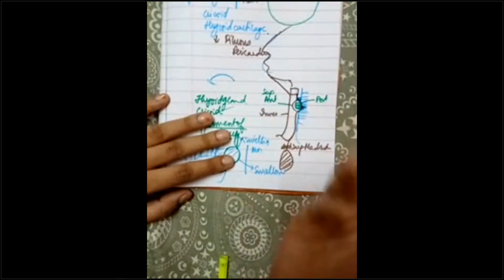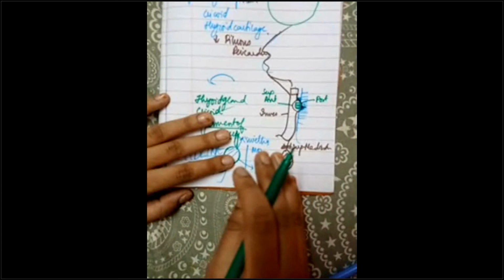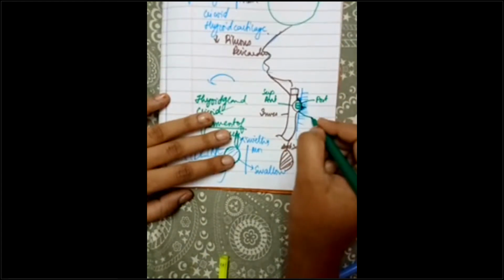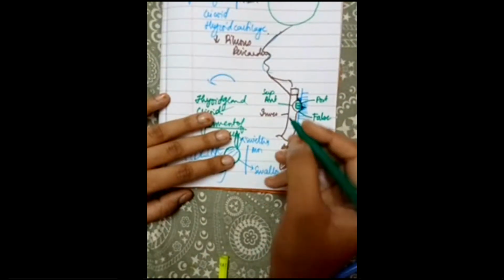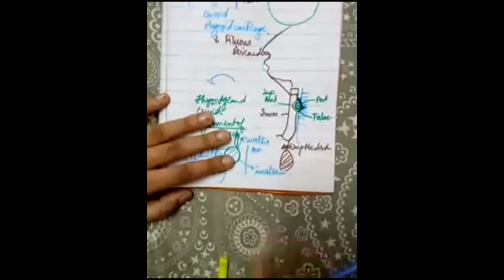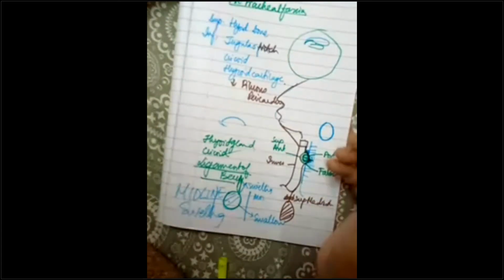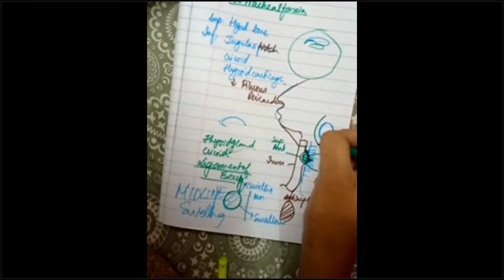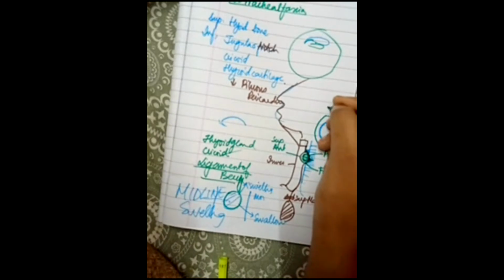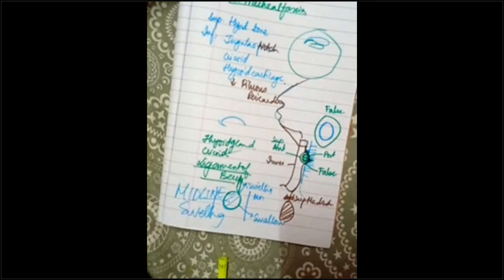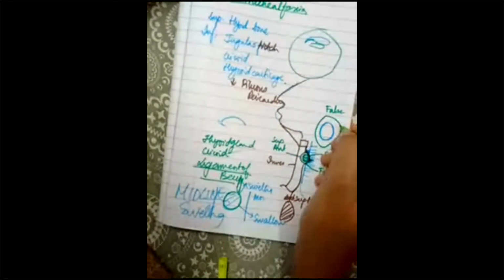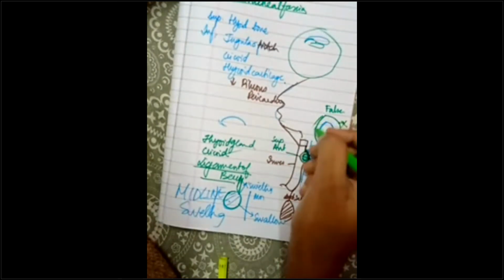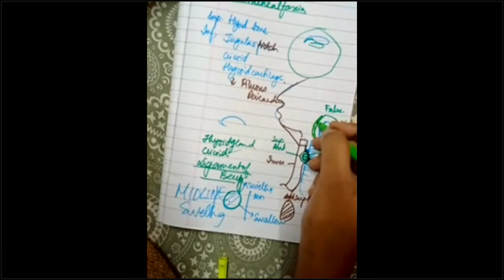So which capsule of the thyroid is this forming? Your true capsule or your false capsule? It is forming the false capsule. The true capsule is formed by the fibrous stroma. The thyroid gland itself, the fibrous stroma, is forming the true capsule. Around it, this fascia is forming a false capsule. So this posterior layer is not so strong. The anterior layer is very tough.